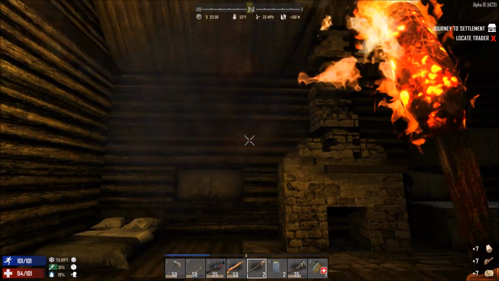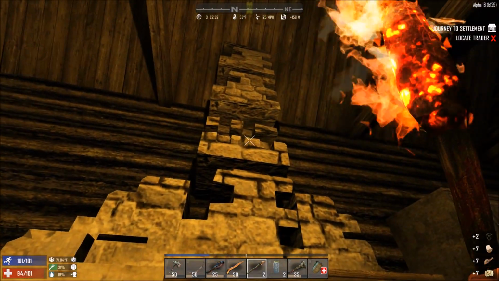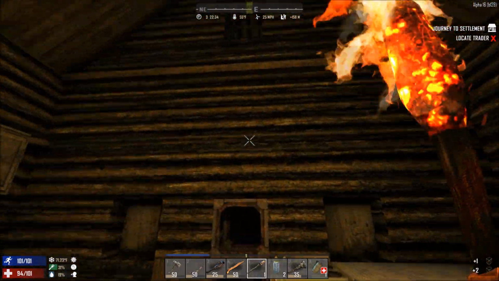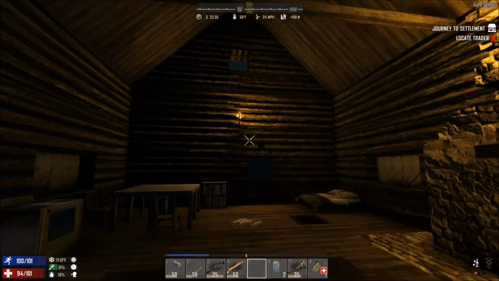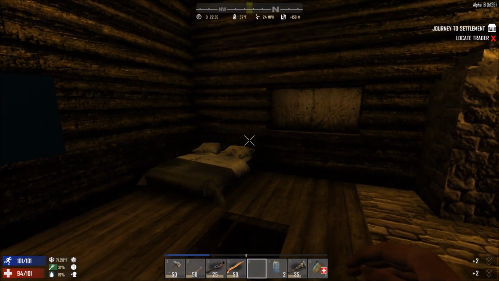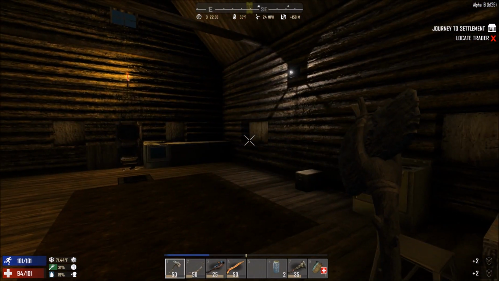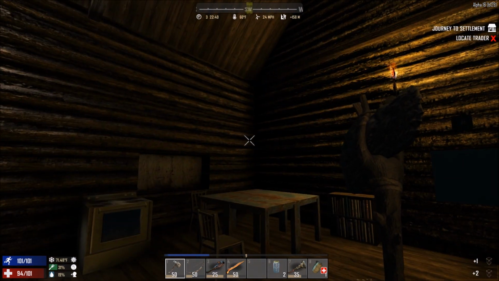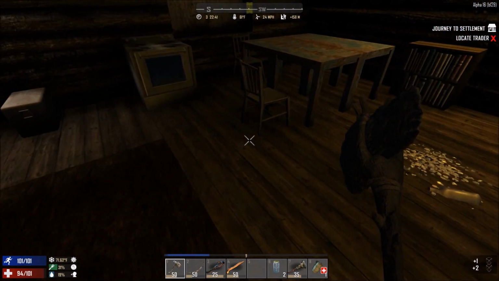Okay, I'm going to stop that and I'm going to place some torches. That's lit up already. And we'll shove that one there. There we go. We've got a bit of light around the place now. There we are. And we've got a bedroll. So we could put a bedroll in position. But only when we've got...